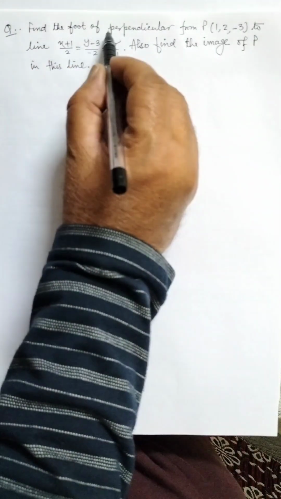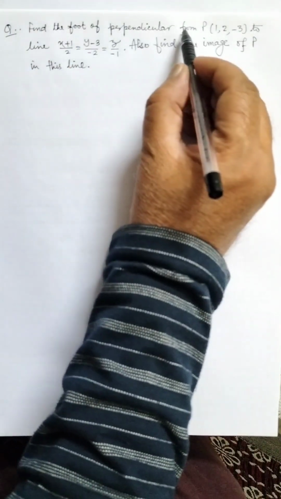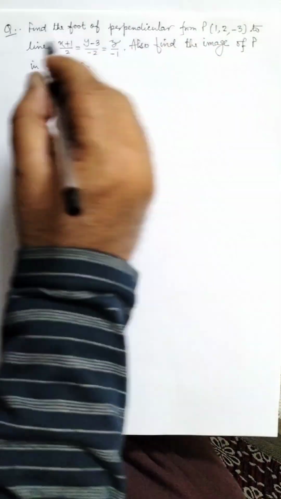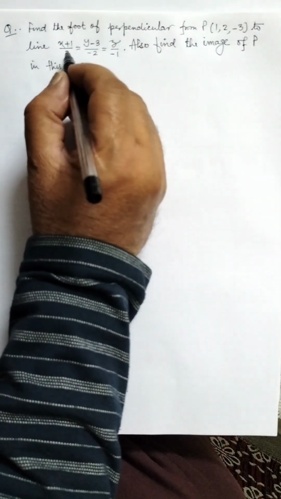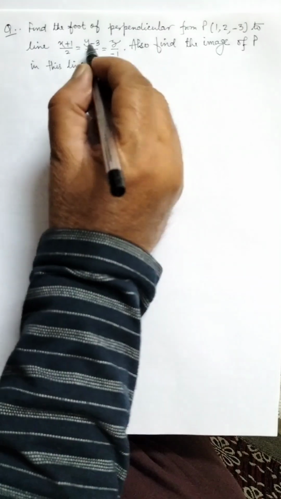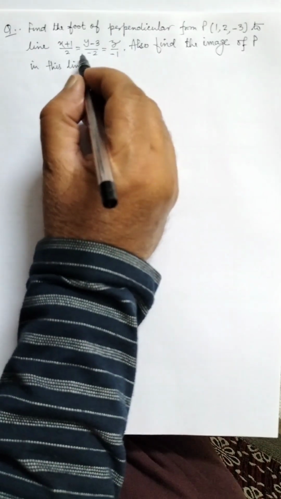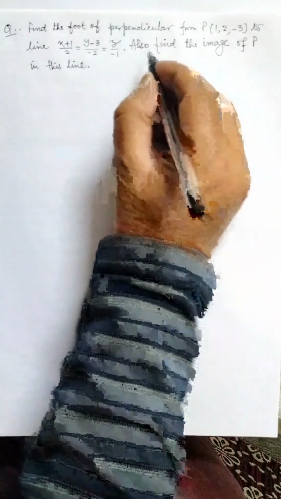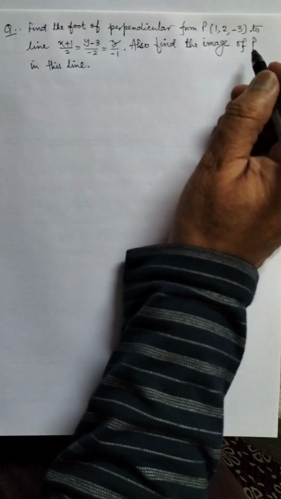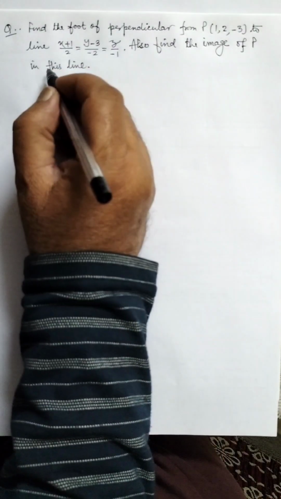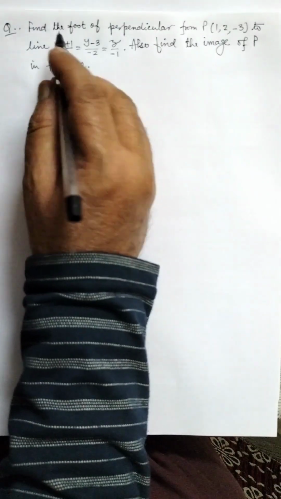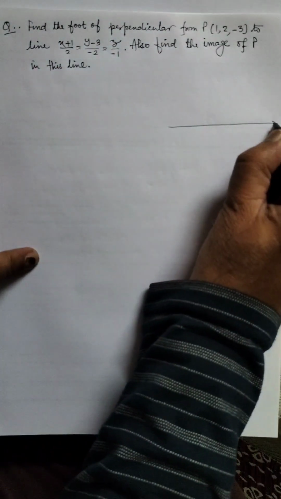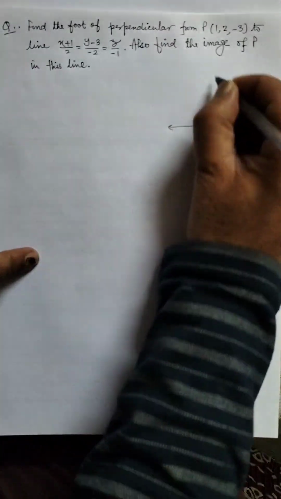Find the foot of perpendicular from point P (1, 2, -3) to the line (x + 1)/2 = (y - 3)/-2 = z/-1, and also find the image of P in this line. So it is clear that there is a line, say this is the line, and here we have a point